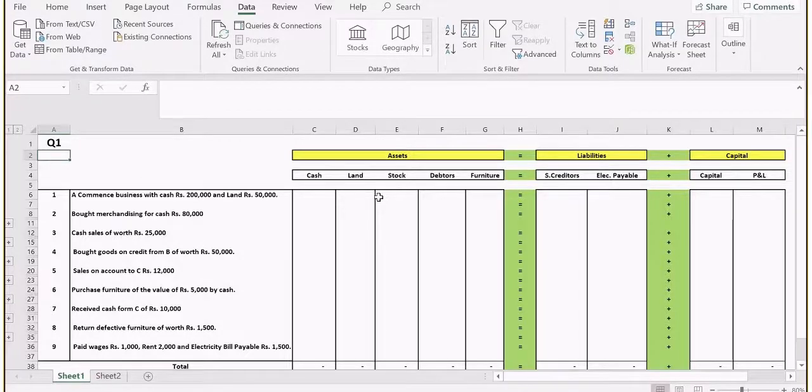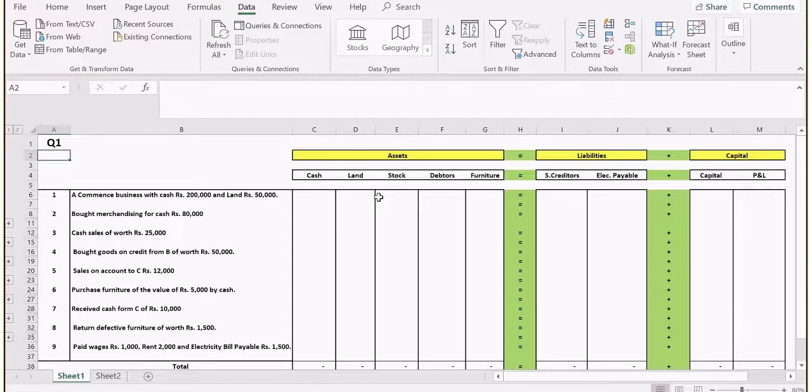Hello friends, in this session I would teach you how an accounting equation problem can be solved and how easy it would be to solve an accounting equation problem. But before I start with the practical problem, I would like to tell you about the thumb rule. To solve an accounting equation, the very thumb rule is assets is equal to liability plus capital. This is the thing which you have to remember every time before you start solving the accounting equation problem.